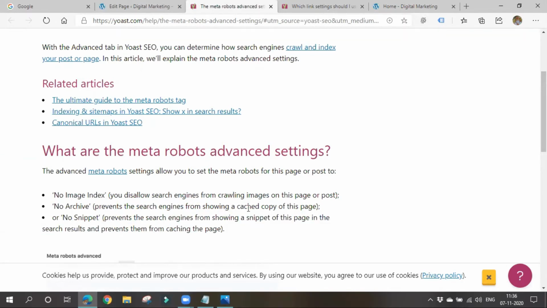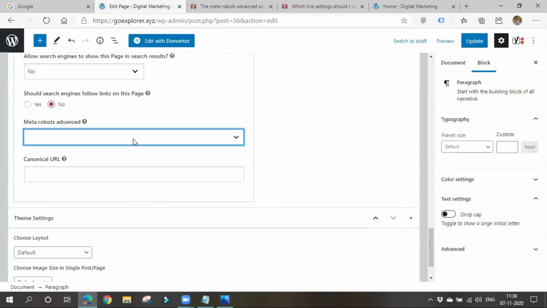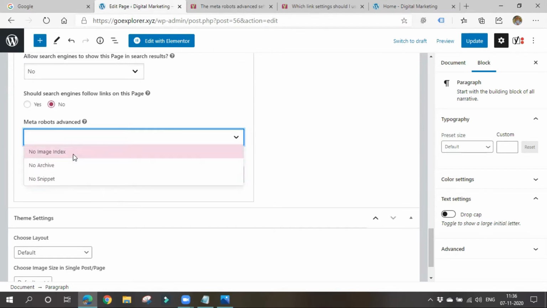So if you don't want to crawl images or snippets or whatever it may be, you can simply choose whichever option you want.